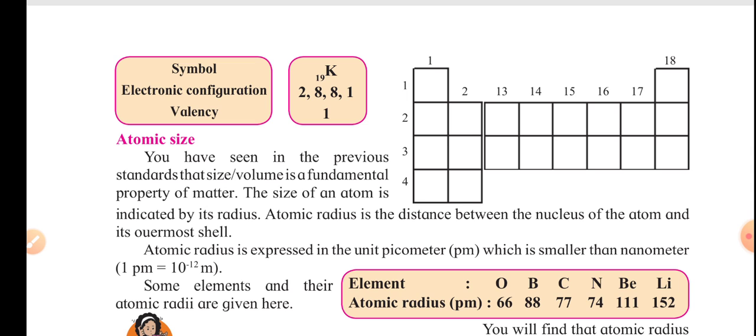Likewise, the electrons are getting added in the same shell along the period. At the same time, the number of protons also increases. These protons correspond to the positive charge